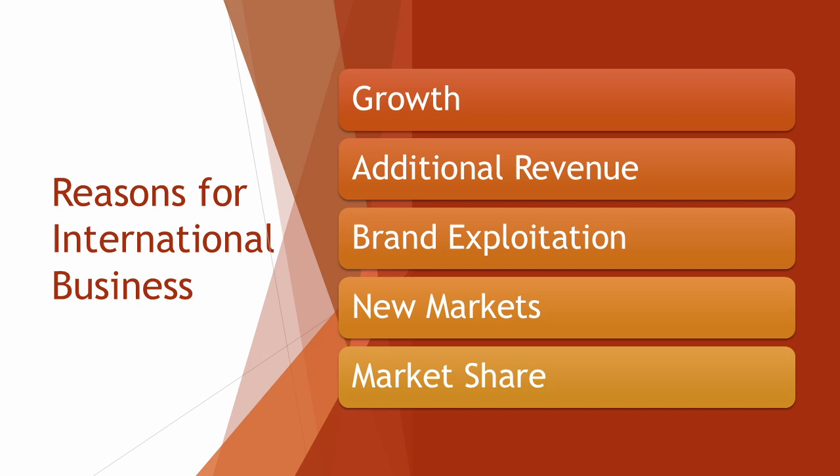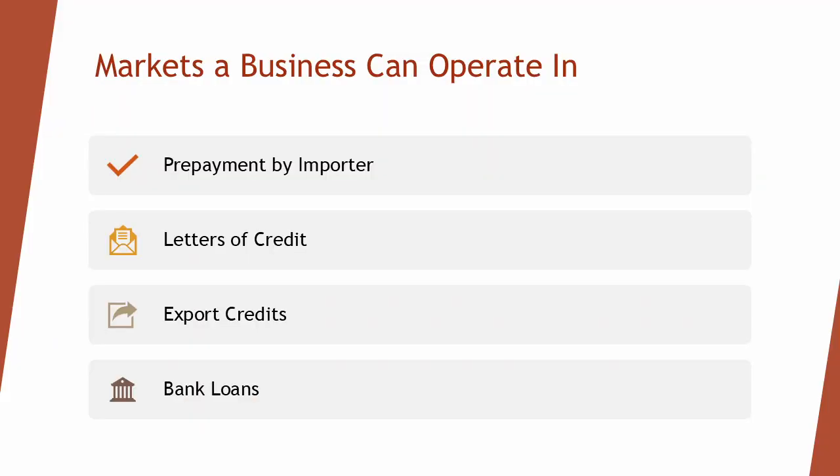Fiscal benefits can be achieved through international business as firms structure operations to benefit from favorable tax systems and incentives. Preferential tax rates can be achieved through international business as firms operate in countries that offer lower corporate tax rates or tax reliefs. The different markets an international business can operate in are developed economies, emerging markets, and less developed